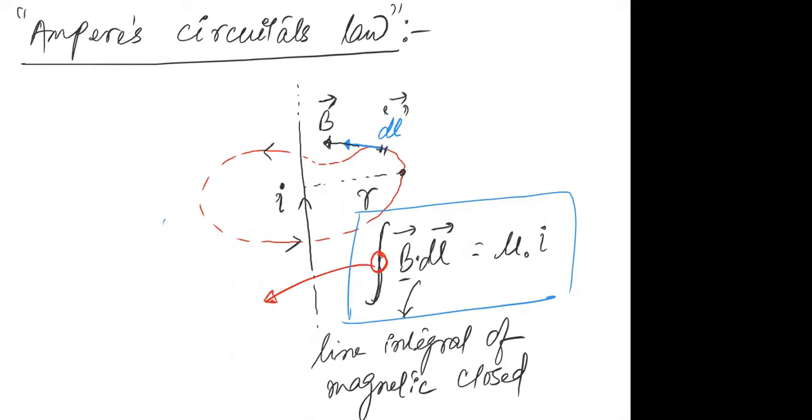Ampere's law simply says that if you have a wire or an arrangement of wires or loops, then the first step is to draw a loop enclosing that wire and take the line integral of the magnetic field over the loop. That line integral will always be equal to mu naught multiplied by the current flowing through that loop. Clear? So I'm dictating the statement of this law. Please write the statement and then we'll proceed.